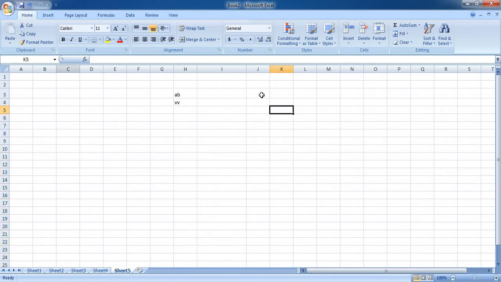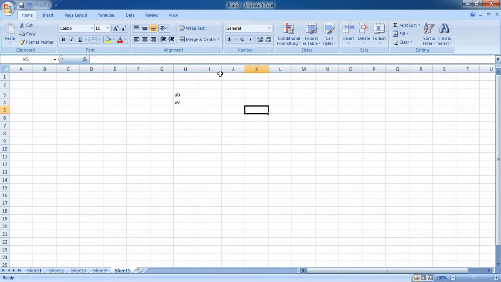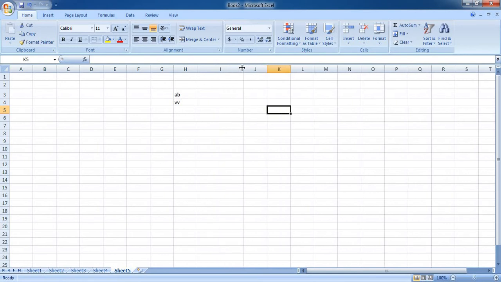The shortcut is, you can select the border of a column, for example I, and drag it inwards in order to decrease the width, and drag it outwards in order to increase the width of any column. And let me remind you that in order to increase or decrease the column width or row height, you will have to select the borders where the references are mentioned.